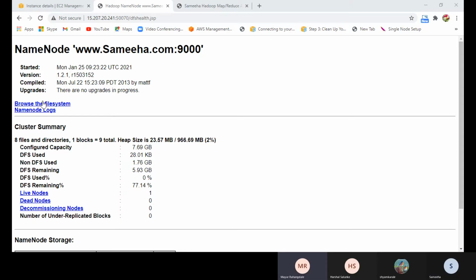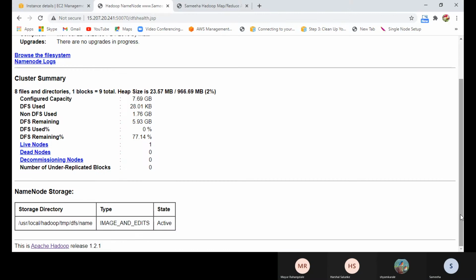It is showing live nodes 1. So is live node the name node? No, I think data node. Scroll down to name node storage. It is showing active. The name node is active, but the live nodes are the total number of nodes that we configure.